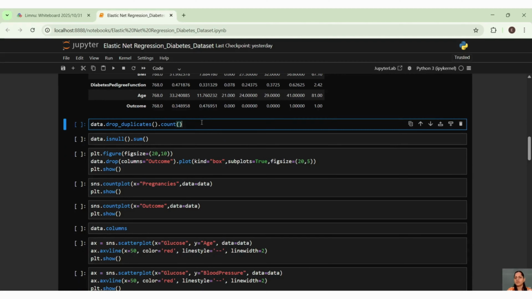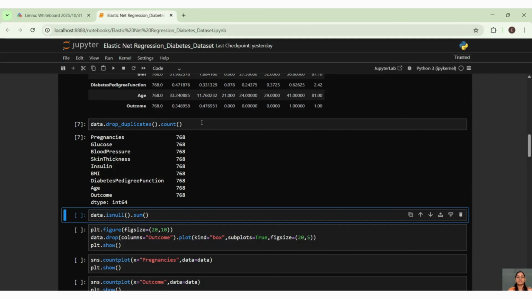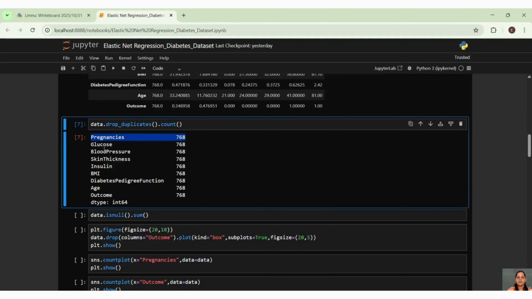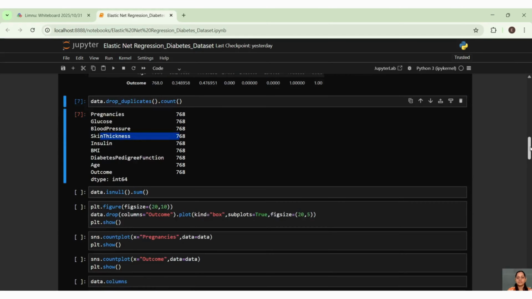Most of the time you will not find any duplicates, but where larger data sets are present, when millions of rows are there, there is a high chance that a few rows are getting repeated, and in that case you can use drop duplicates, right? So it will remove all the duplicates and give you the count of all features. Here you can see it is giving me the count of features.